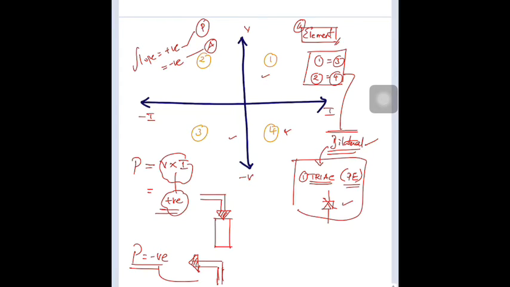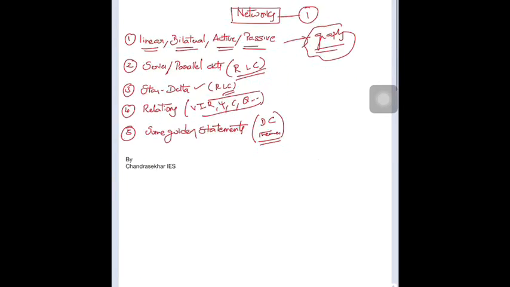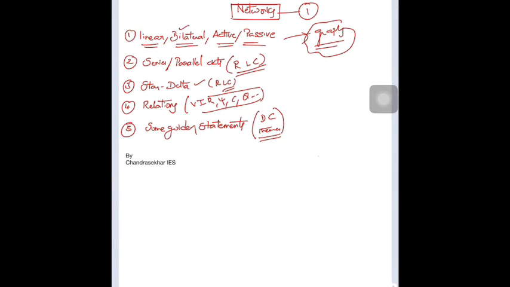And you people are confused about what exactly the power is, whether it is active power, passive power, reactive power, and all these things. Forget about these things right now. It is just average power, and P indicates active power only, which is true in the case of AC and DC both. So if the slope is positive, which is in the first and third quadrant, it is a passive element, and if the slope is negative, then it is an active element, right? Yes. So we have dealt with bilateral, active, and passive.